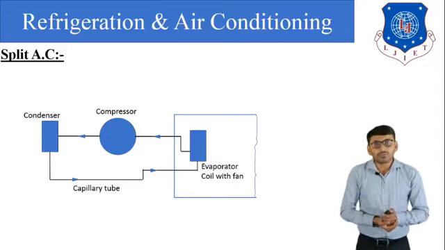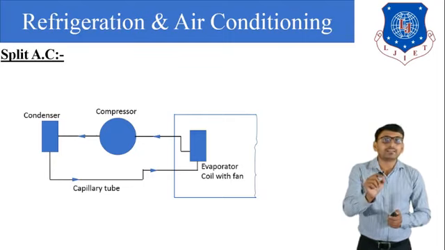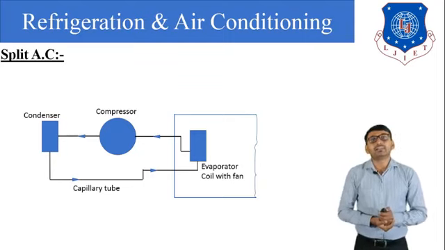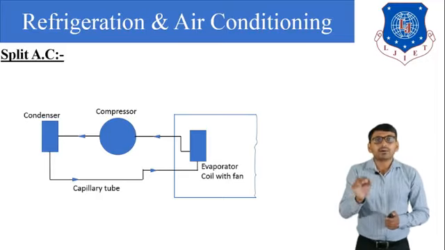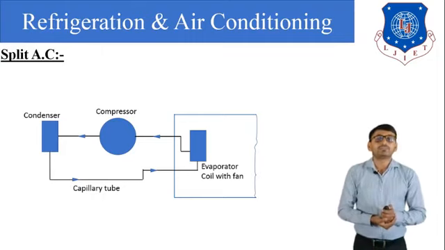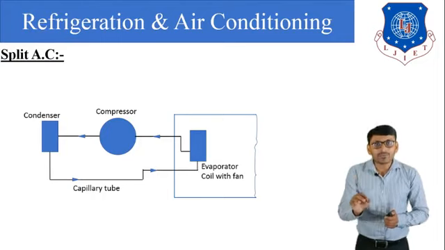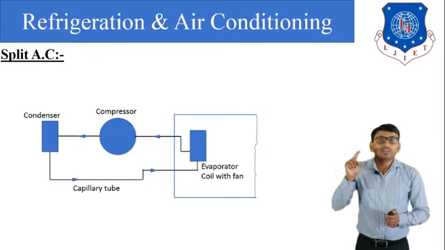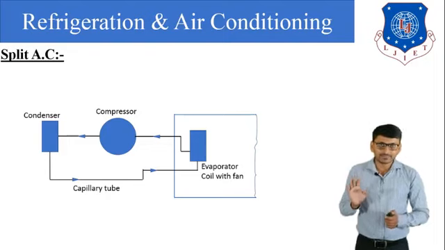Now what is the function of the compressor? It compresses refrigerant, so pressure and temperature of refrigerant increase. What is the function of the condenser? It rejects heat energy from refrigerant, so vapor refrigerant is converted into liquid form. What is the function of the evaporator? It absorbs heat energy from a particular area, so a cooling effect is produced in that area.